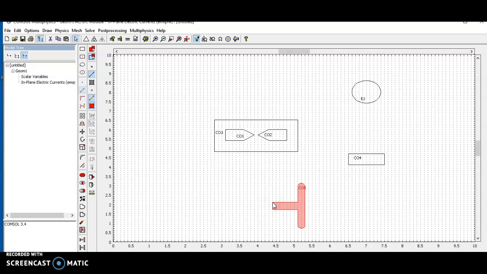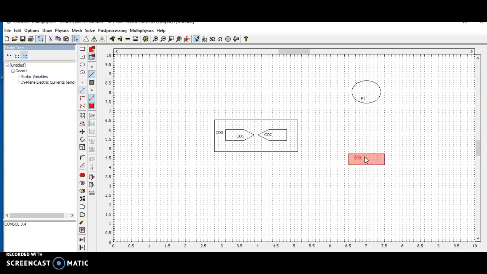See, this is a plane electrode. So I already told that there are 4 different types of electrode there. This one is point electrode, this one is sphere electrode, this one is plane electrode, and this one is plate electrode. So a combination of these electrodes can be used for the case study. Okay. So first we have to delete all the things.